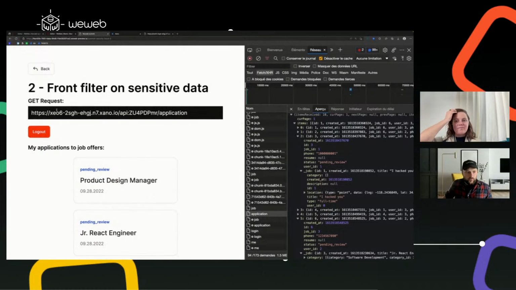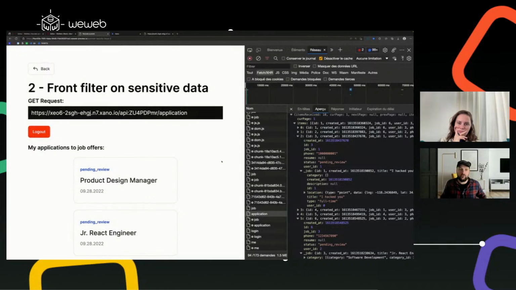Why? Because this request loads a lot of items. And in your tool on the front end side, you add a filter and you filter the data depending on the user ID, for example. And you just see the data on the screen, but your application loaded more data, loaded data that could be sensitive. Okay. So when you add a filter into your application, you really need to know how this filter is